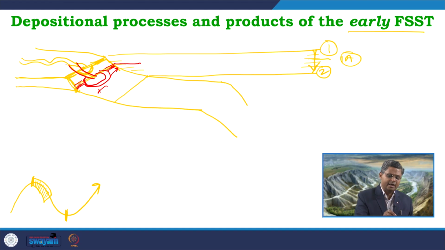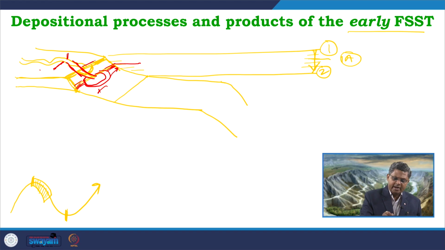So, what is happening in this part? The river valley is going down over here due to its down cutting. In this part the floodplain area will now face starvation in terms of supply of sediments, because the flooding event is stopped now. We can get some local tributaries which may be supplying sediments over here, and the river valley will try to incise, will down cut.